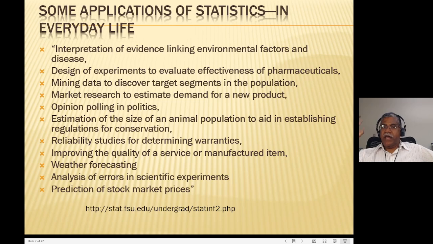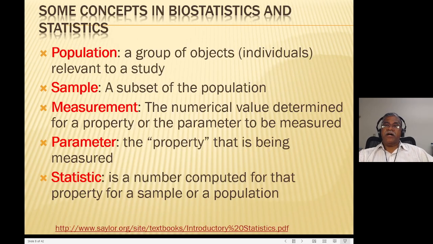Now you could take, for example, poker. I don't know how poker is played, but I understand some of the fundamentals of poker: you basically guess what combination of suits the other guy is holding, and that is based on what cards are discarded, and then you calculate the statistical odds of a card that's not discarded, and what kind of hand your opponent carries. And this is from somebody who knows nothing of the game, who has never played the game. I begin to understand that a combination of cards is more valuable than another combination of cards. Okay, now some other concepts that you need to understand in biostatistics and statistics.